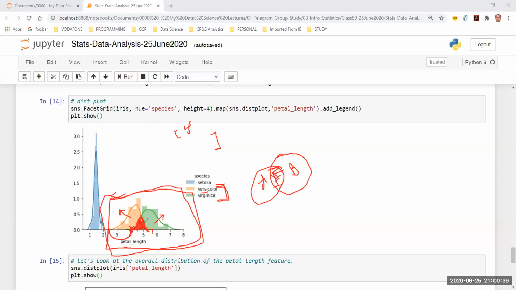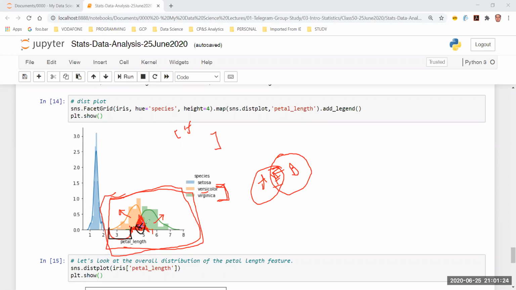Then there will be cases which will be wrongly classified, wrongly identified, wrongly grouped. What happens if the flower, which let's say comes over here, let's say there is a point which is here? Let's say I'll take a black color. There is a specimen over here, but my if-else statement is limited only to this much part, then this will be misclassified, right? If you remember the table which we drew where we listed true positive, true negative, false positive, and false negative, in this case, this is going to be a true negative case.